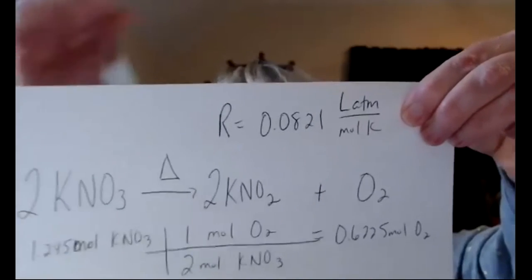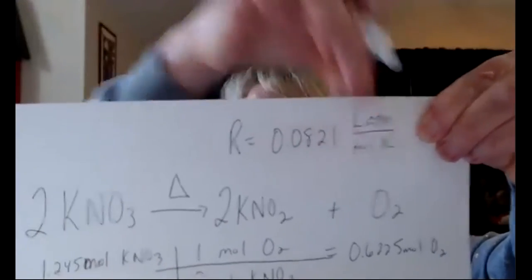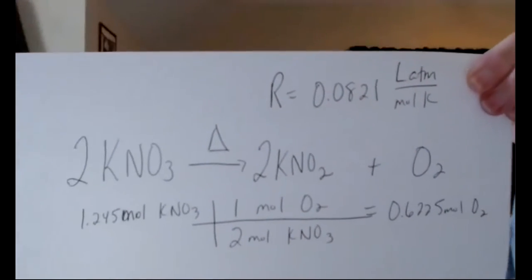Oh, R is always R, so that number never changes. That's always the same. What was it? 0.0821. So R is always this number, if you're using these units. I thought that had to be changed over things.